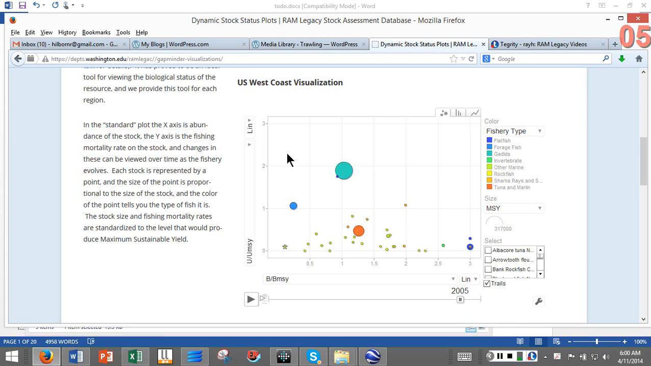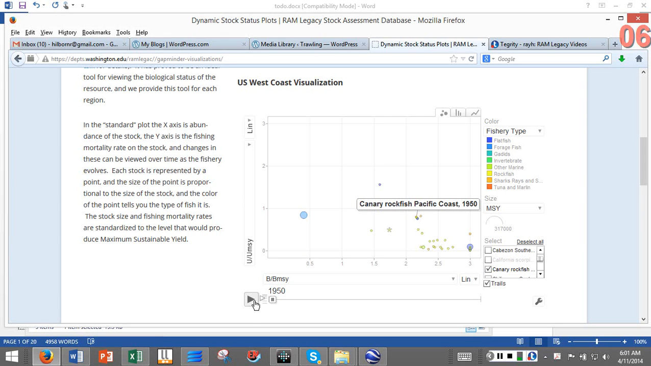Finally, let me show you one tool to use to visualize these data. I'm going to go over to this little box, and I'm going to go down to Canary Rockfish. I'm going to put a check on Canary Rockfish, and then I'm going to run it forward over time. And what you see is it plots the point of Canary Rockfish every year and then leaves a tail, so